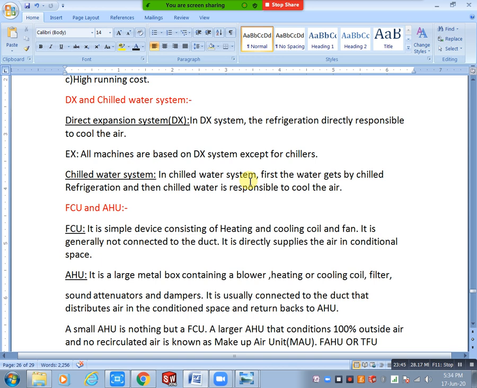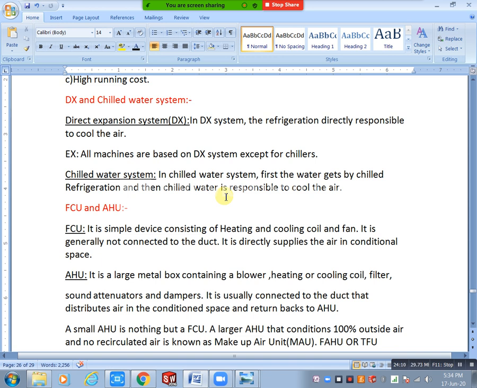The first refrigerant is whichever type we are using, R12, R430, whichever refrigerant we use, that is the primary refrigerant. The water is actually cooled by the primary refrigerant. Okay, and the air is cooled by the secondary refrigerant. That is the process here. Compared with a plain refrigerant system, we have one extra medium, that is the water medium here. That is the main difference.